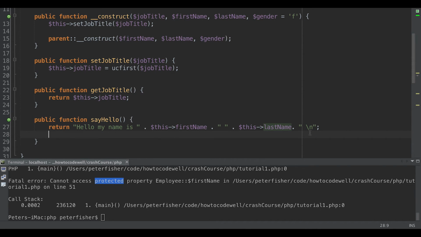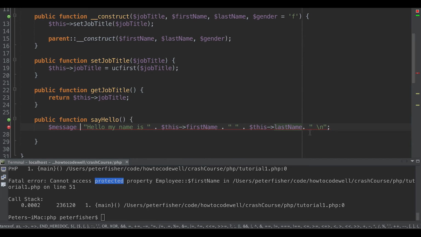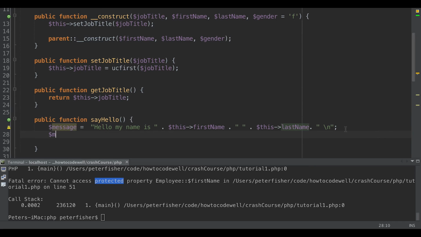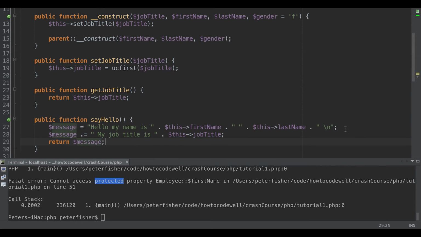and also, forgive me, I'm thinking as I'm speaking. So let's just put in message. Message is equal to hello, my name is first name, last name, and also concat that to be message, my job title is, and this job title, like so. Let's just return the message. Okay, so